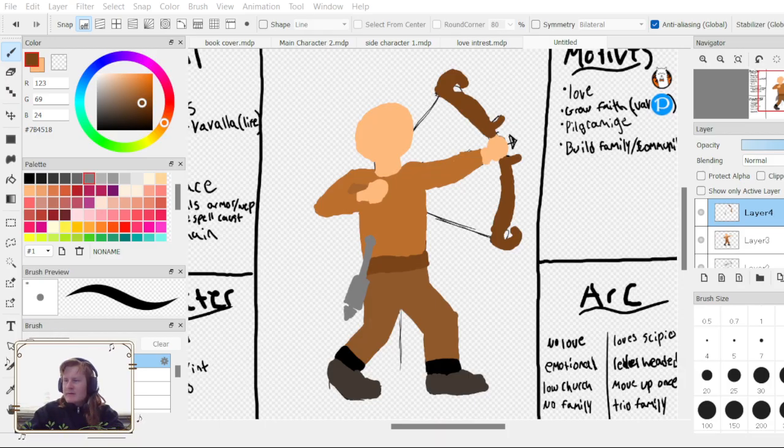I'm trying to find a reference image to model it off of. Where was that one? The one that looked half decent. Yeah, this one. Hey, that's pretty good.